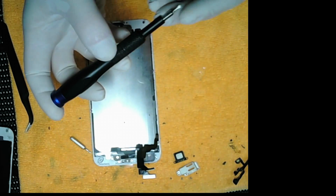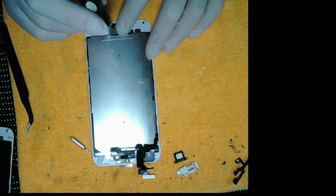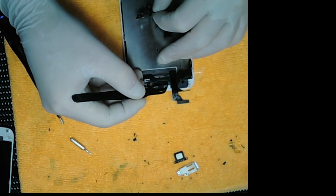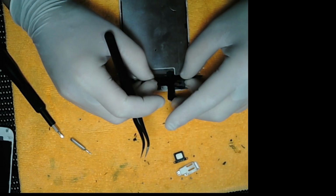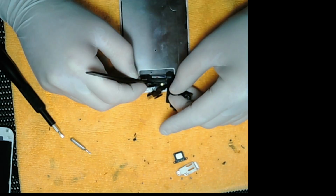Home button plate back on with at least 2 screws. If it only has 1 screw, take it off the hole next to it, or take screws from the side. They're the same size. Now we put the proximity flex in, align the microphone in the hole,